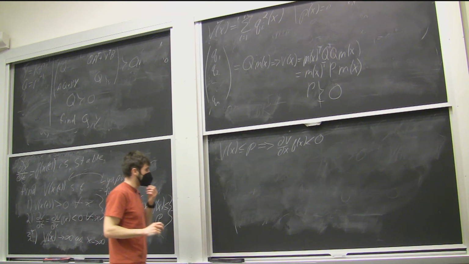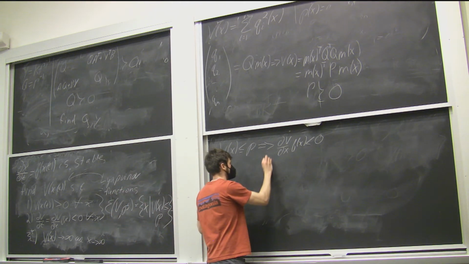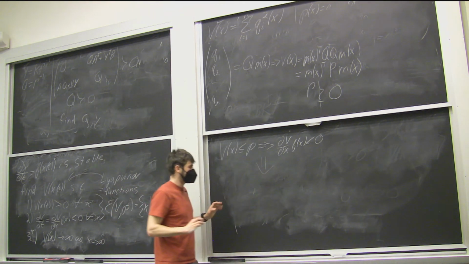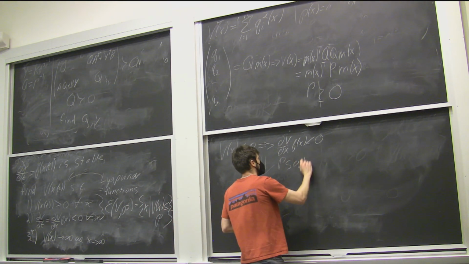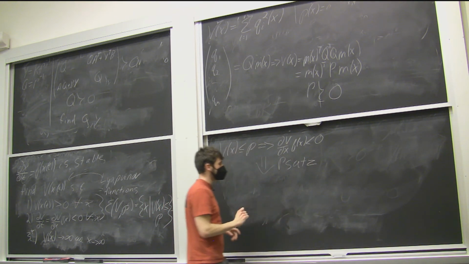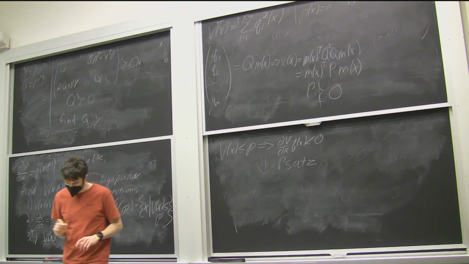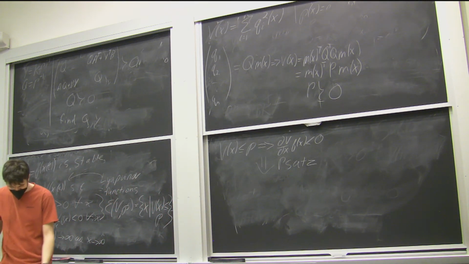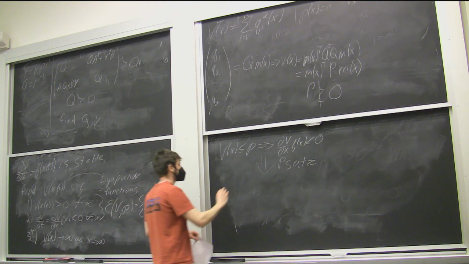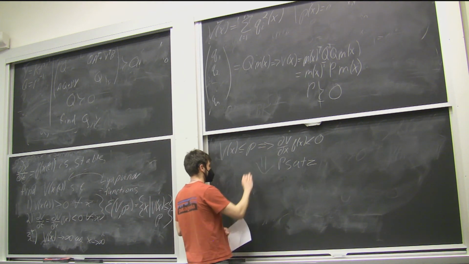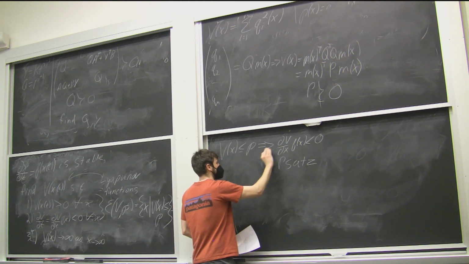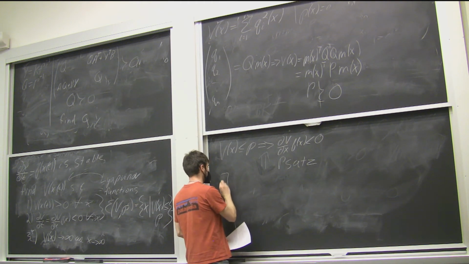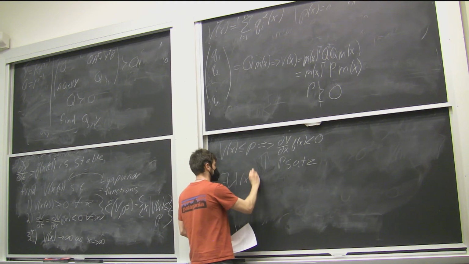So this is a theorem that I'm not going to go over, but it is called the Positivstellensatz, or the P-Satz, if you're not German and can't say it. A sufficient condition to imply this is there exists lambda x